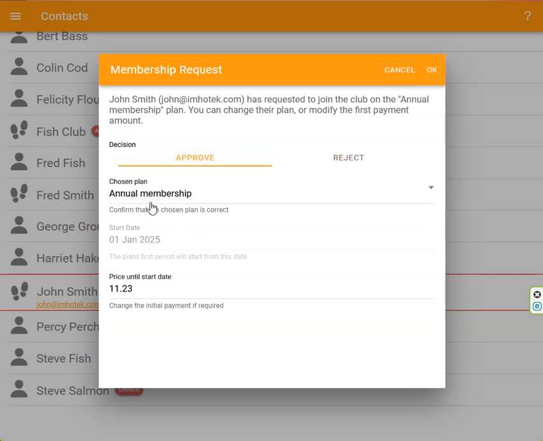At this point I can change the membership if he's chosen one that I think is wrong, or I want to change him to a different one. I can change the membership. It's also telling me that this is the price until the start, so this was an annual membership starting in January, so there's £11.23 to pay. Now clearly this does it exactly. I could change that to £10, £12, I could put 0 there, whatever. I'm just going to OK that,